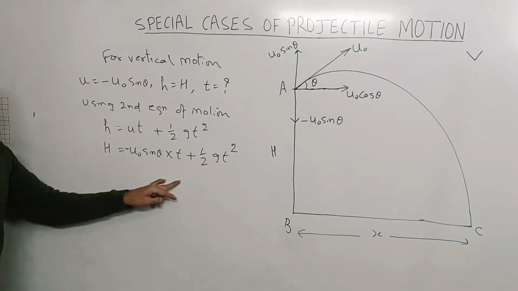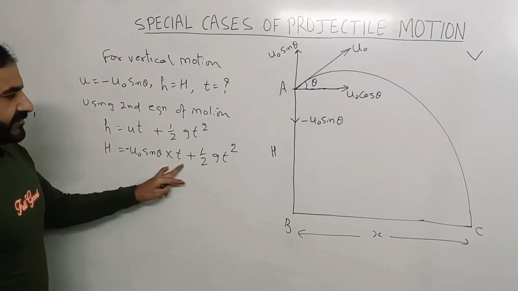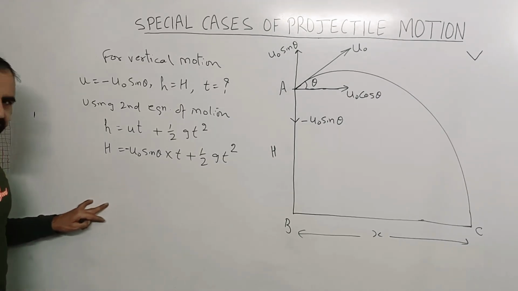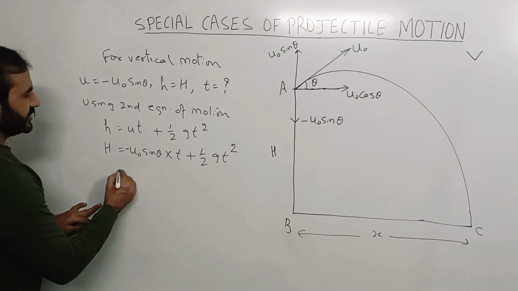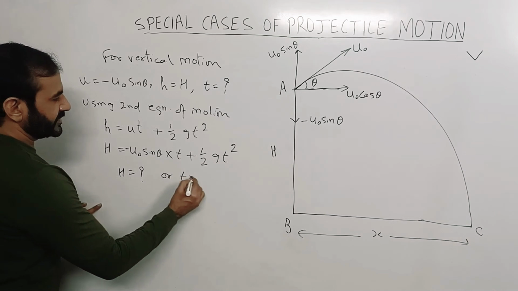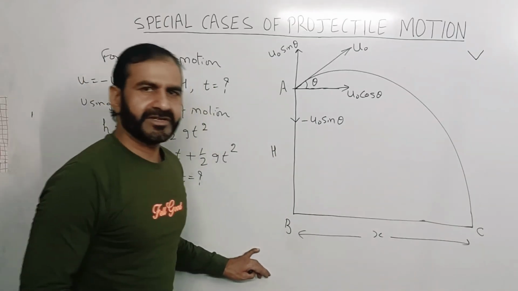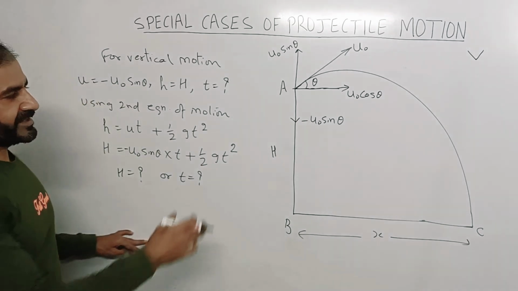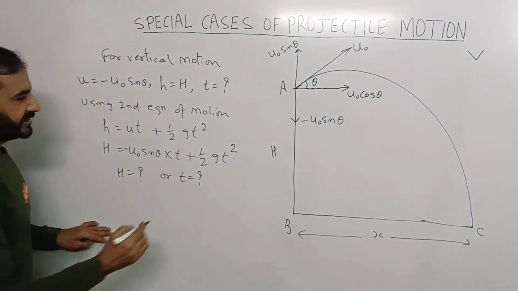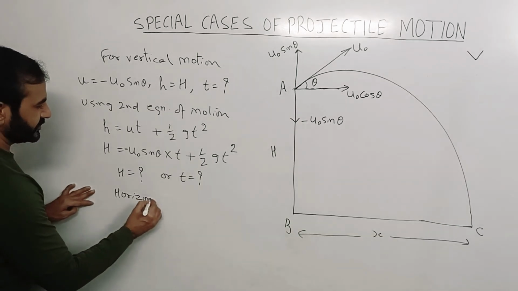You can solve this equation to find h if you are given t, or if you are given h you can find t. It may be a quadratic equation, you have to solve it. Then h equal to question mark or t equal to question mark. Obviously, if h is given, find t, and if t is given, you can find h. You may be asked h. Now, horizontal distance, if asked horizontal distance,